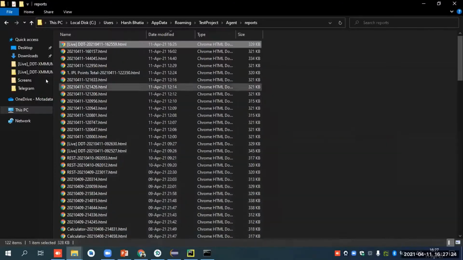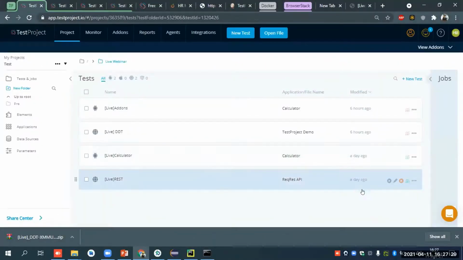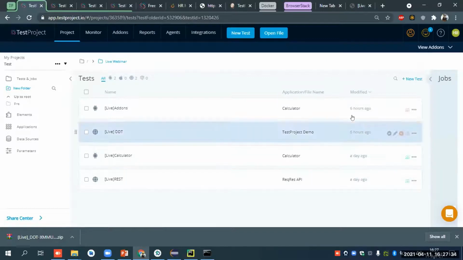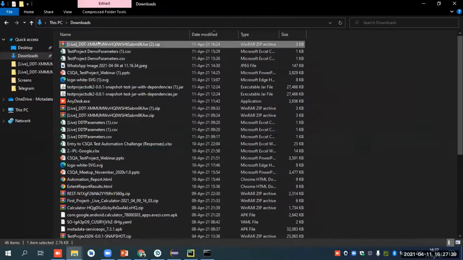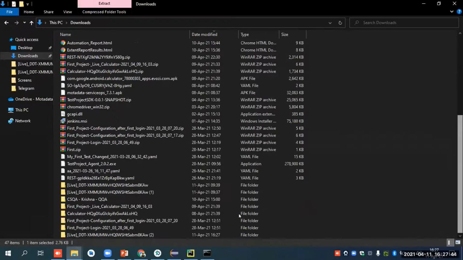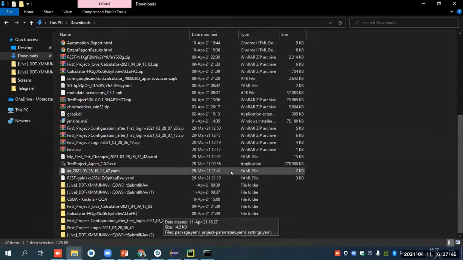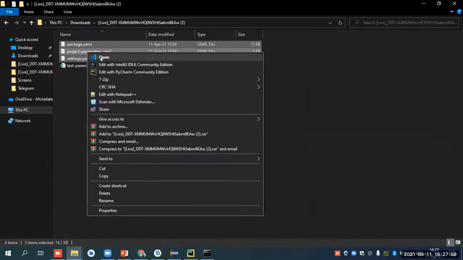Okay. After that, during the download, I just selected Chrome. And if you want to execute on the other browsers, okay, so what you can do, you can just override the browser, or you can just extract it. I will just extract it. After that, I will go to the folder, and there will be 3 files, and the extension of all those will be YAML. So what I can do, I will just click those 3 files and open them in my VS Code.